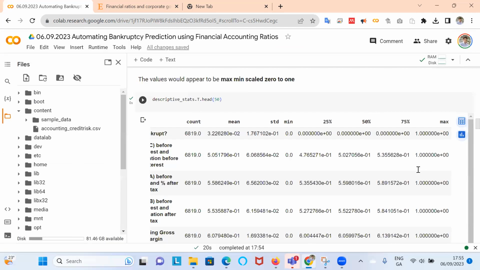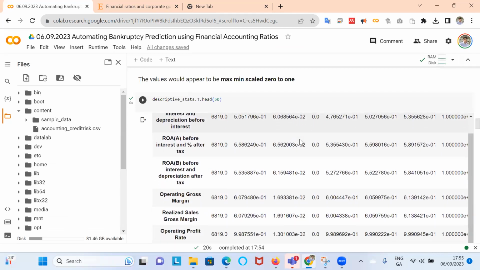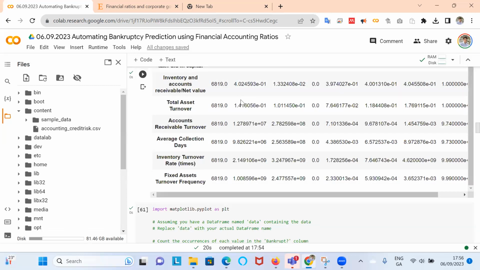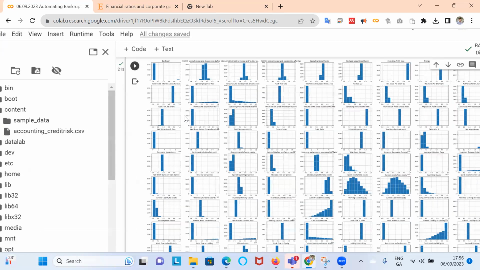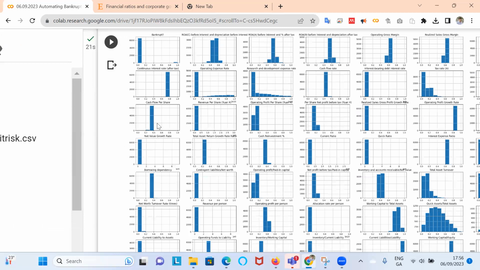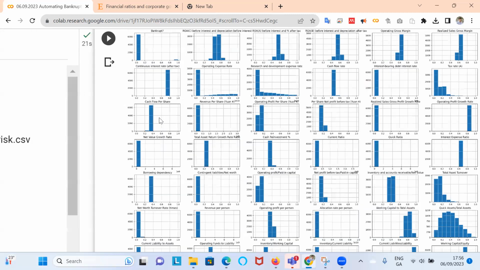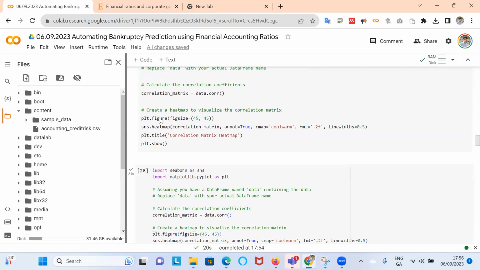So there must have been some kind of min-max scaling applied to the data already, right? So we're not quite getting your standard ratios. It's ratios that have been min-max scaled, which is something you can do in the sklearn library, which we'll refer to in a moment. Okay, so the histogram plot of each column brings that very much out, right? A minimum of 0, maximum of 1 for all of them.